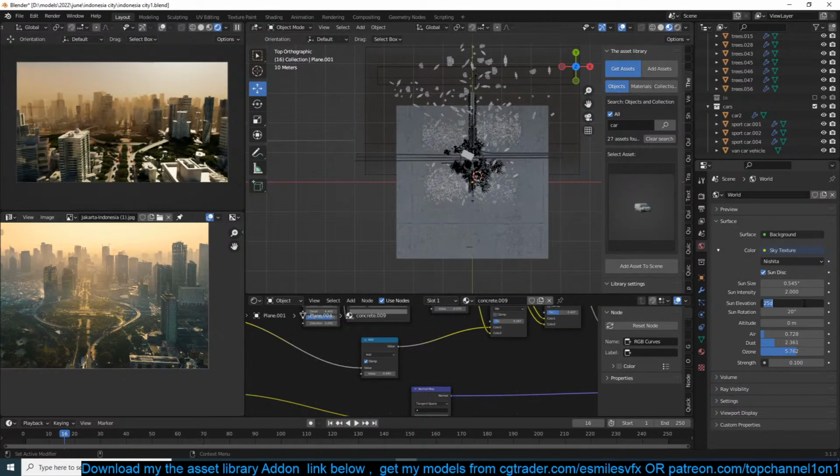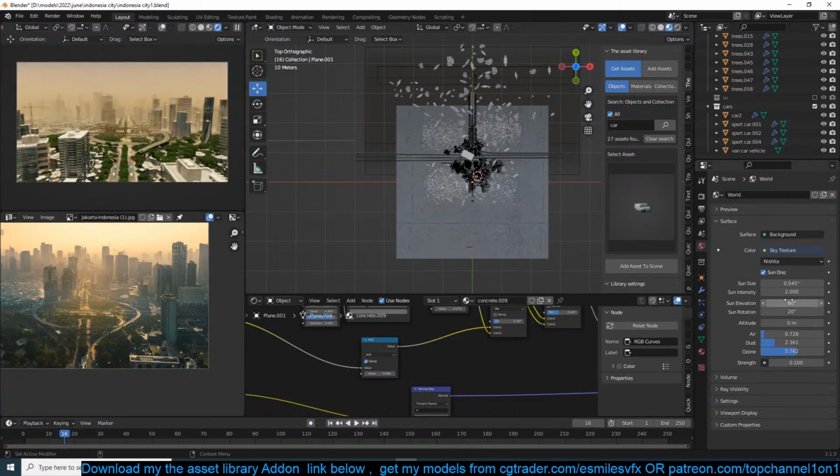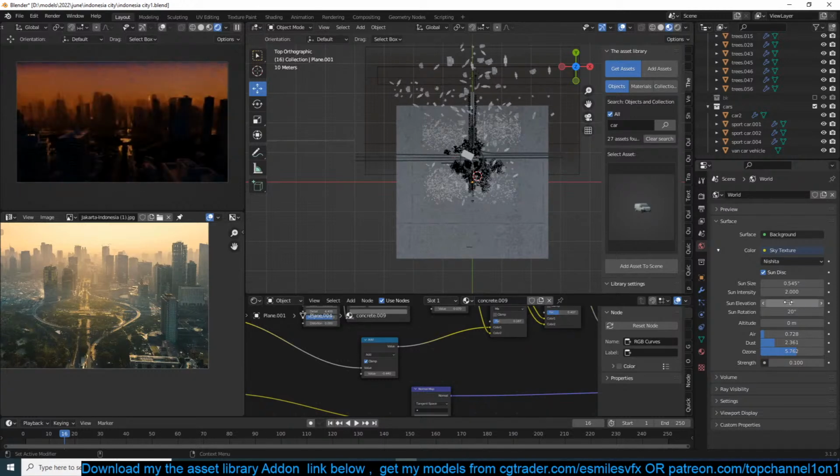120, 50, 100. Oh, it goes up to 90, so that means the sun is directly above. So I think what I'm going to do is render it from 0, which I guess would be dawn, like that. Let it come to, I didn't like how 90 looked, so let's bring it up to about,